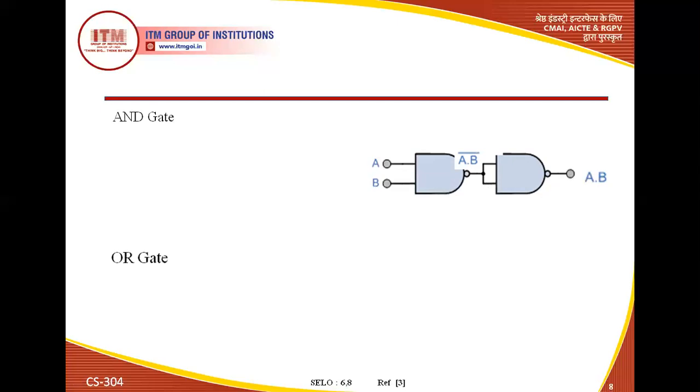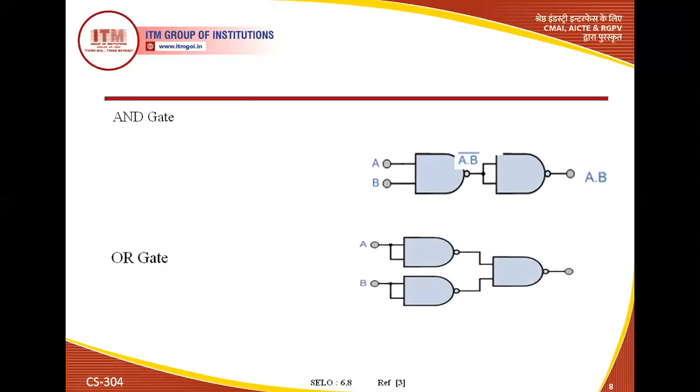Similarly, if we are talking about the OR gate, we know the characteristic of the OR gate. It means that if any one input of the logic gate is high, at that time we are getting the output also high. It means that if we are providing both inputs low, at that time we are not getting any high output. But apart from this condition, for the three remaining conditions, we are getting the output always high for any input. So let's check here.